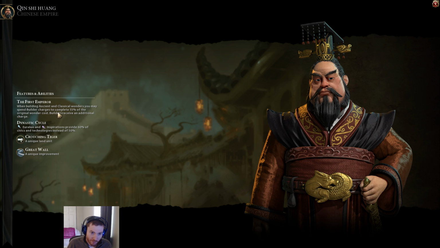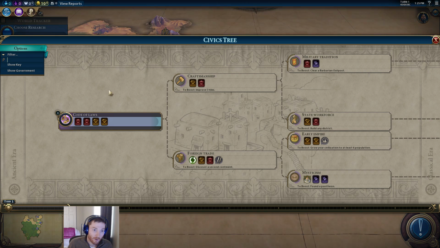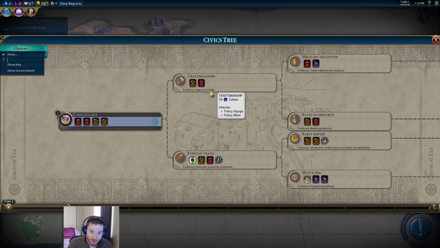First of all, the builders receive an additional charge. It's just an all-around awesome boost for the entirety of the game for your builders, which is very, very useful to have. One extra builder means you can trigger the early Eurekas or the early inspirations, like improve 3 tiles, and still have a worker charge left over, either for a chop or for a new city or for whatever else you want to do, an extra luxury or something like this, something that you wouldn't normally improve early